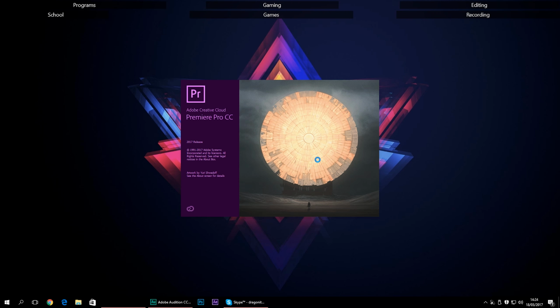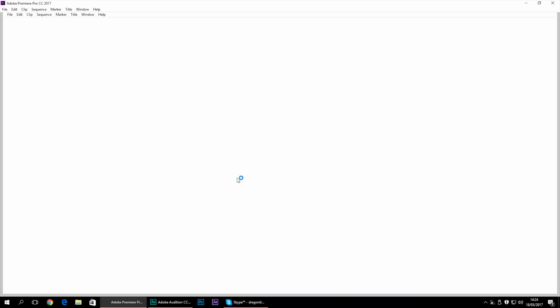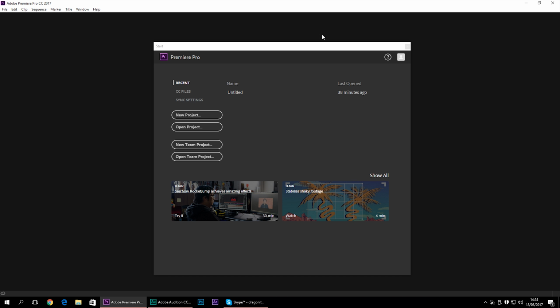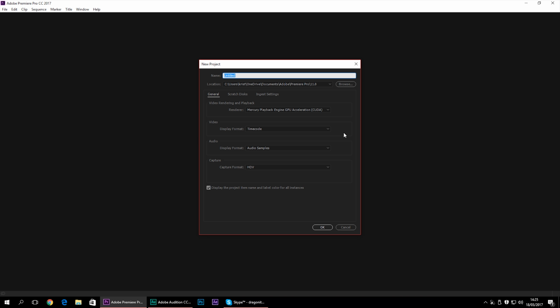So you can see when you open Premiere Pro, there is this little loading screen here. It says it's going to load up all the different effects and stuff like that. Then you get here, where we see Premiere Pro recent CC file sync test and everything like this. All you need to do from here is press new project. In here, it's pretty basic. You don't have to do anything other than change the renderer. Most likely it will look like this when you first open it.